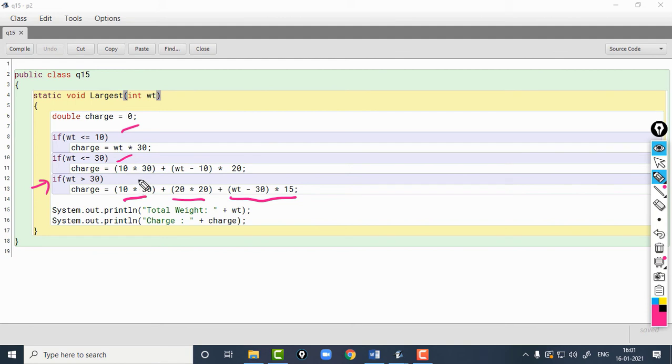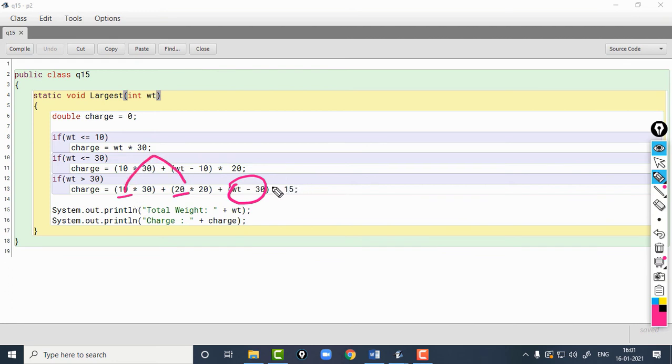The first slab amounts for 10 kilos, so 10 kilos into 30. The second slab amounts for 20 kilos, so 20 into the rate per kilo, which is 20. And then the remaining will be how much? 10 has been taken into account and 20 also has been taken into account, so the remaining will be weight minus 30. 10 plus 20, 30.